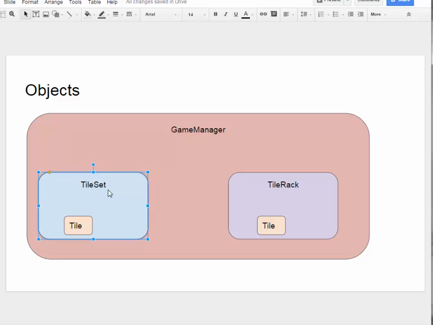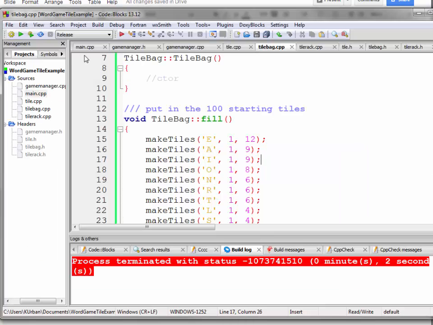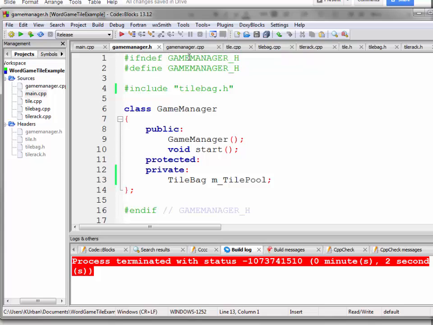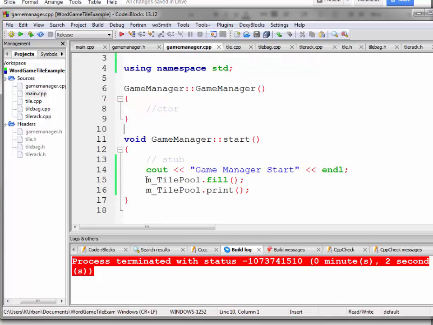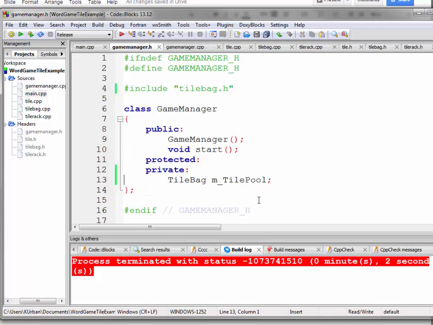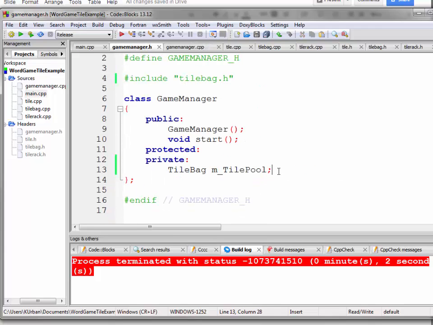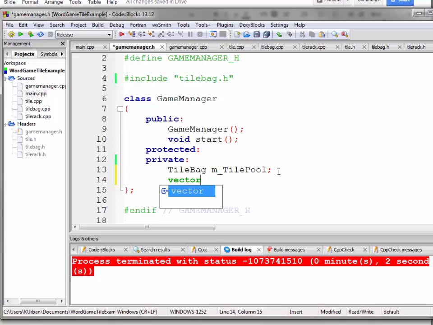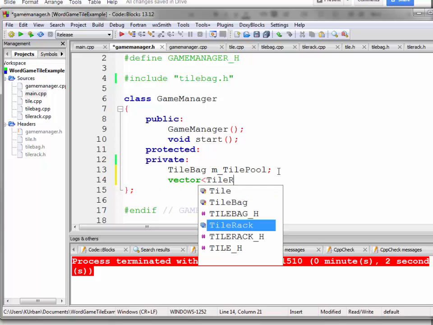So we're going to be able to put tiles into them. We're going to take them out of the tile set, put them into the tile rack, and then we're going to have to print the rack and do pieces like that. So right now the code is basically we have our pool of tiles which we can fill and print out to make sure it's in there. And what are we going to have over here? Well, we're going to have a vector of tile racks